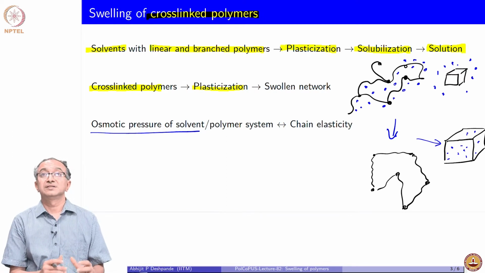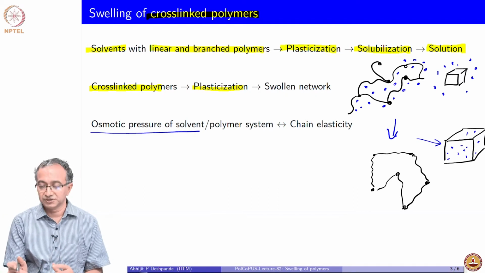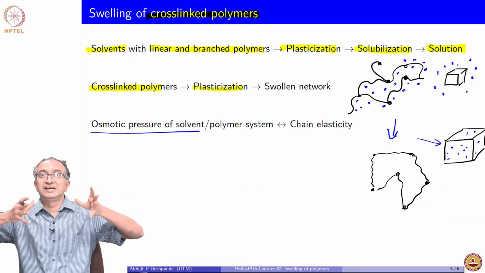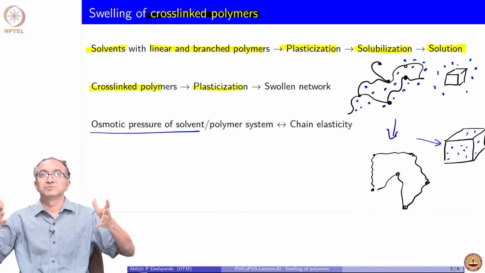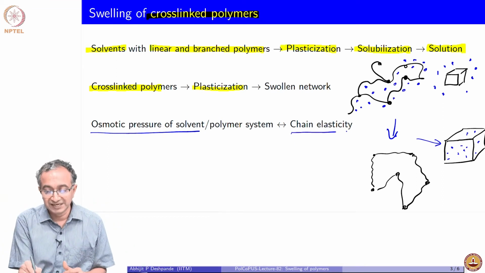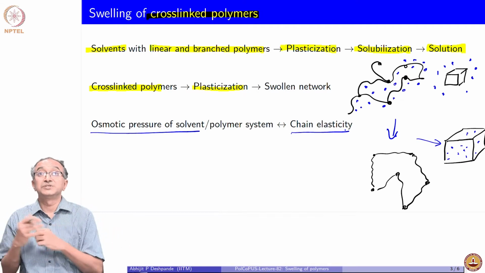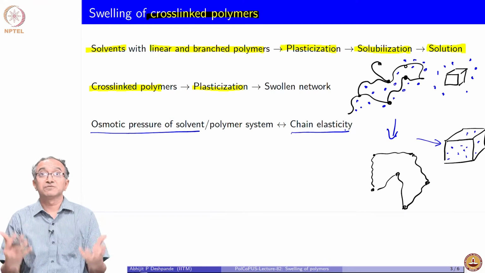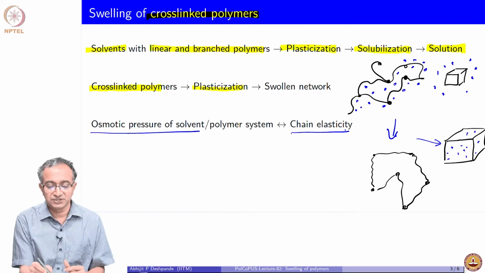However, there is a limitation to the amount of solvent that can go in because of the cross-links. Once the polymer chains get completely stretched because of swelling, they cannot swell any further, no more stretching is possible. So, the elasticity of the chain, how much it can be stretched, is the other opposing factor. Equilibrium is reached, or the amount of solvent that can swell the polymer is decided, based on the interplay of